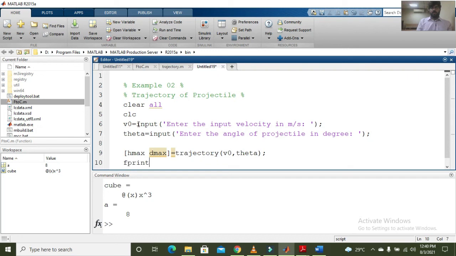I would like to even print it as well. The maximum height is %7.3f meters, H max.